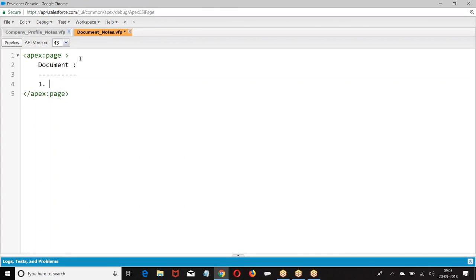Document. It is a standard object. We can store files and images in this object.